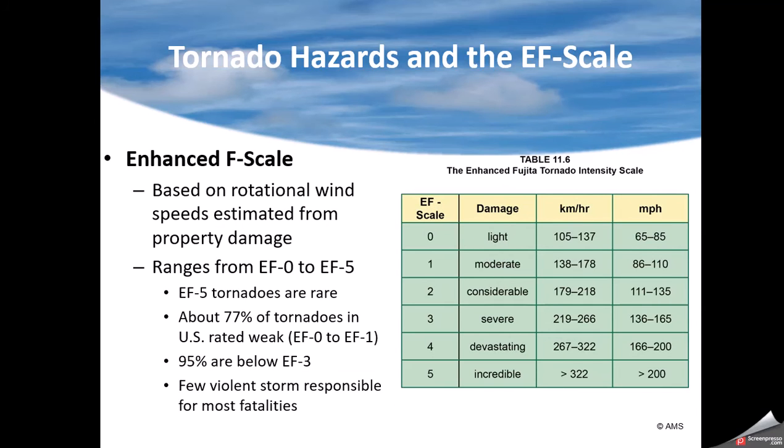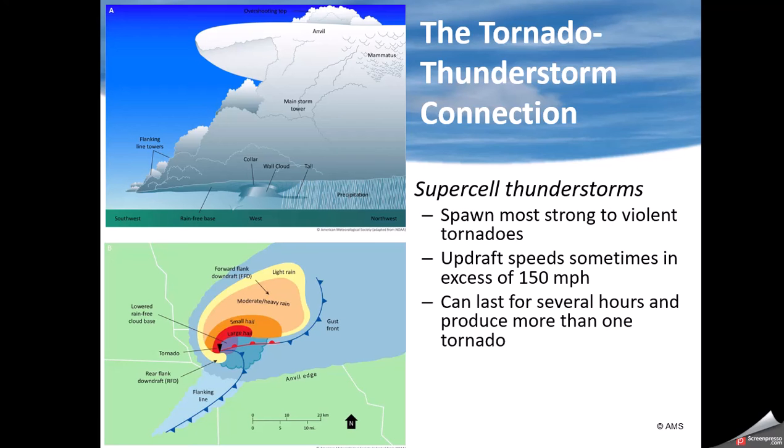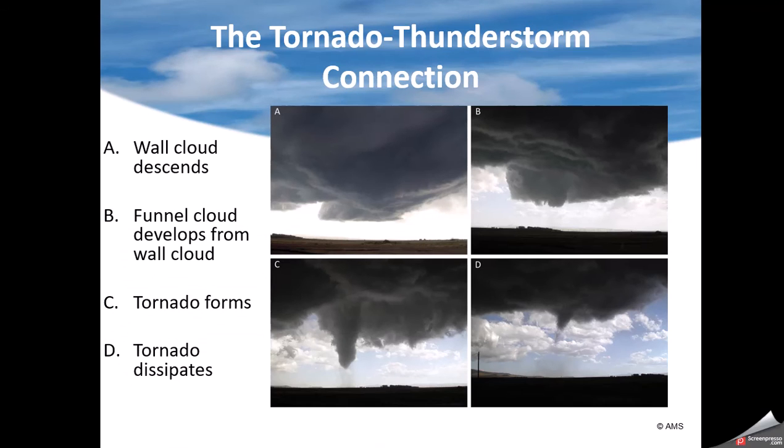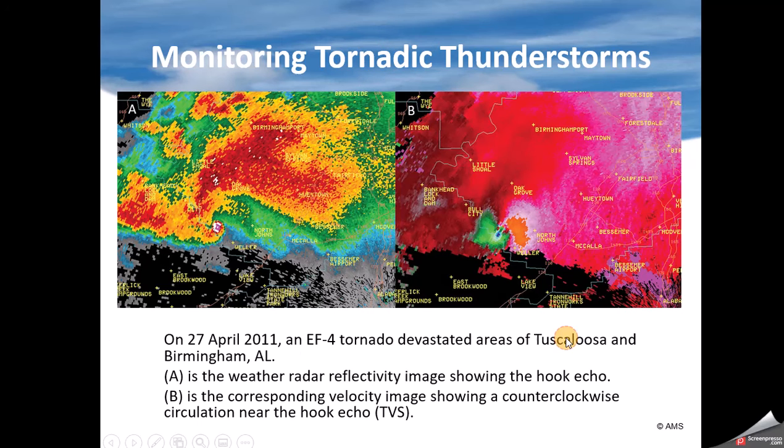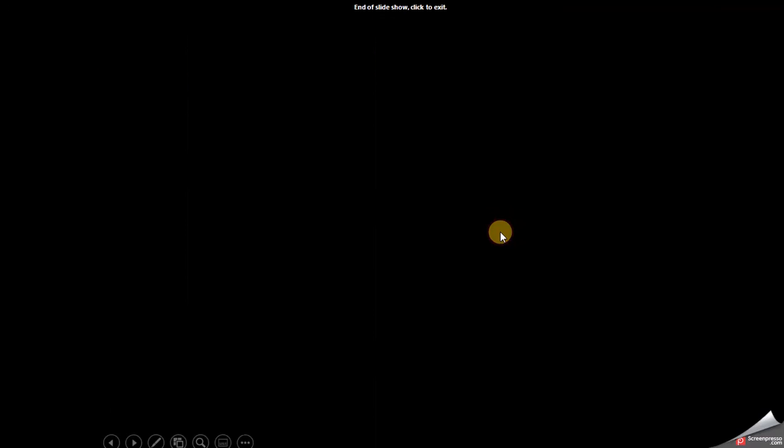And there is the enhanced Fujita scale. Here is another classic where the tornado is wrapped around, and you can see a wall cloud usually first, a very flat cloud. That's very distinguishable from where they're kind of rolling on other severe. Rotation may be spotted in it. A tornado gradually forms and it gradually will dissipate. Here is just an example. You can see the hook echo, and here's your tornado.